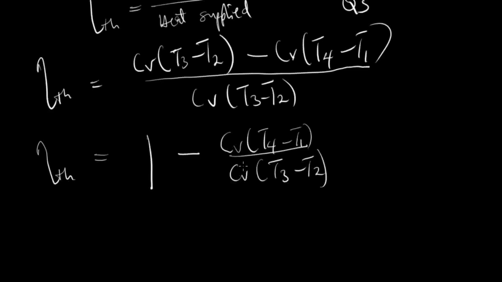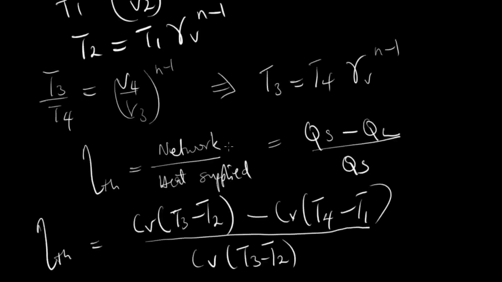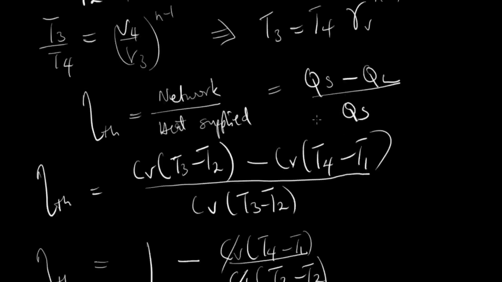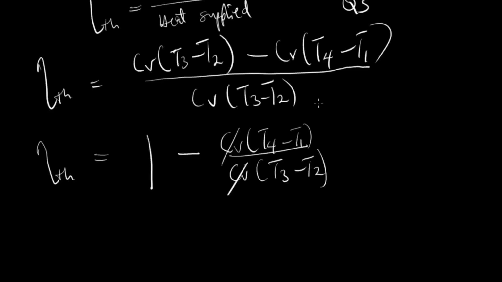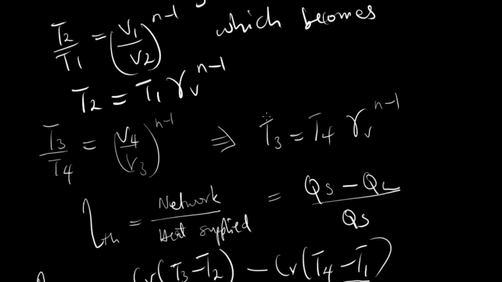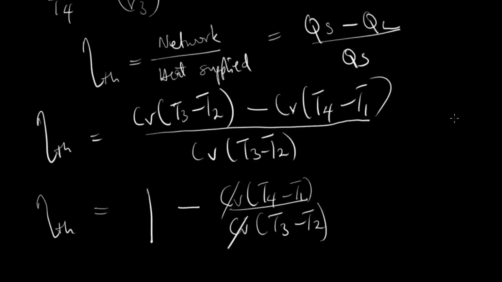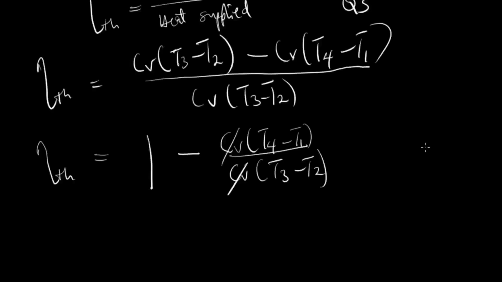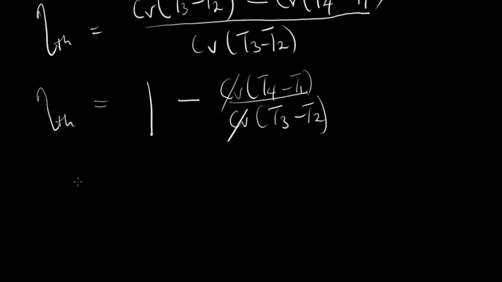Cv cancels out, leaving you with T4 minus T1 over T3 minus T2. But we know the value of T2, which is T1 RV to the n minus 1, and T3 too, same thing. So substituting this into this here, we have that